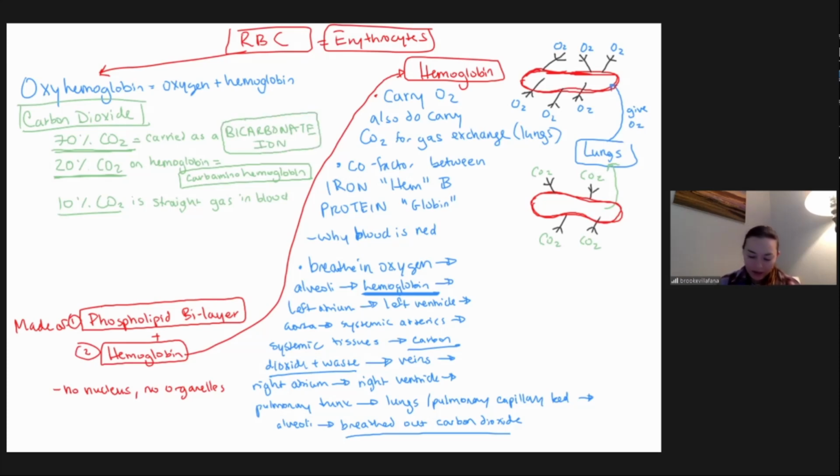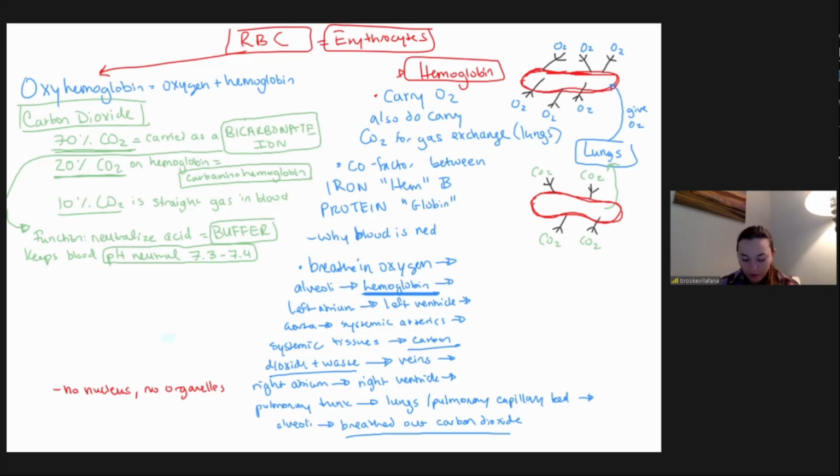So bicarbonate ion, I'm going to write it down here. Its function is to neutralize acid. So it functions as a buffer. So it's called a buffer. It keeps blood pH neutral. So your blood can only stay between 7.3 and 7.4. All right, so if your blood becomes less than 7.3 or more than 7.4, your body has a